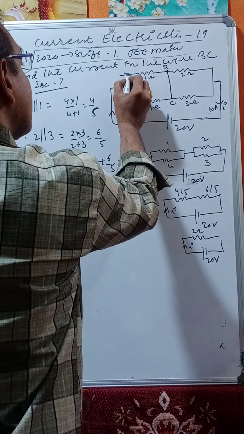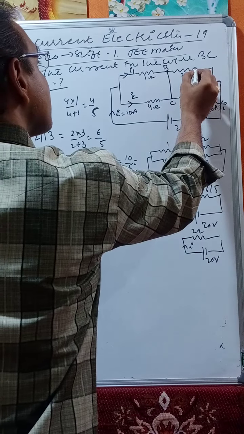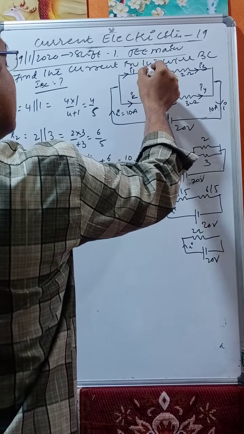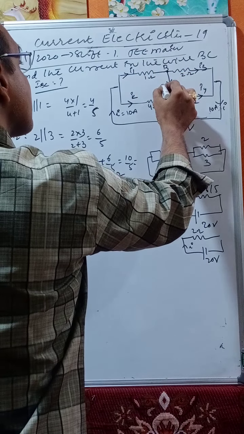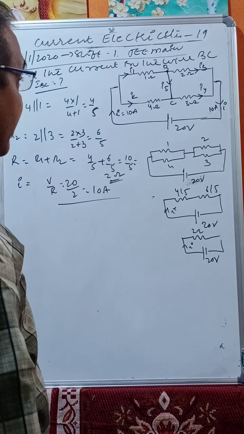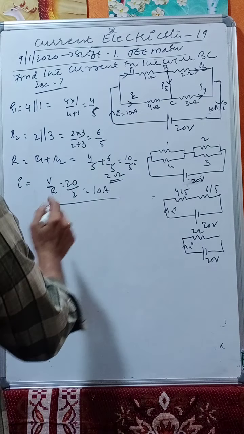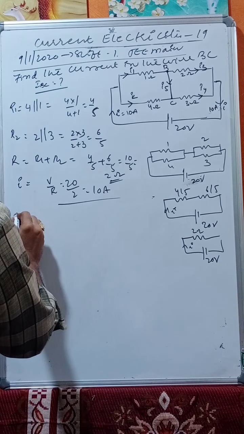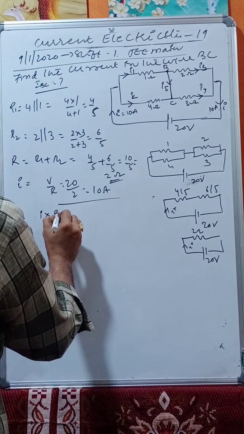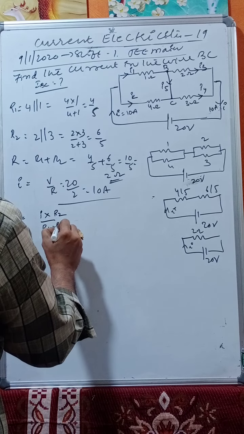Now let us say this one is I1, this one is I2, this is I3, this is I4. This is the smaller resistance, therefore heavy current, therefore that current comes downward. Let us take this one as I5. We have to calculate I5. To calculate I5, first let us calculate I1. How to get I1? I1 is equal to the total current I into R2 by R1 plus R2.